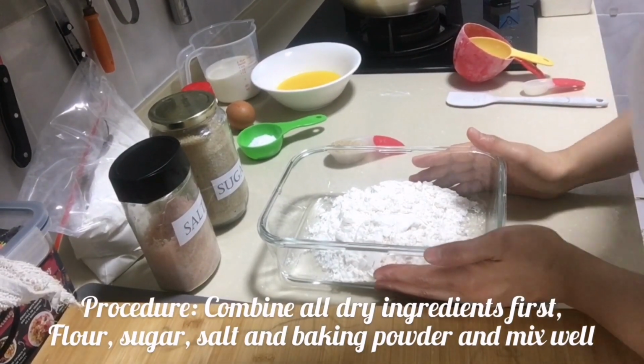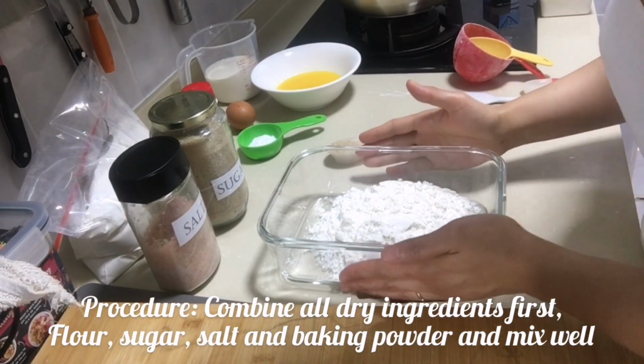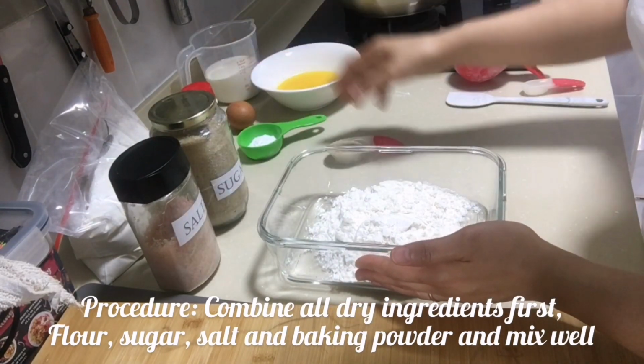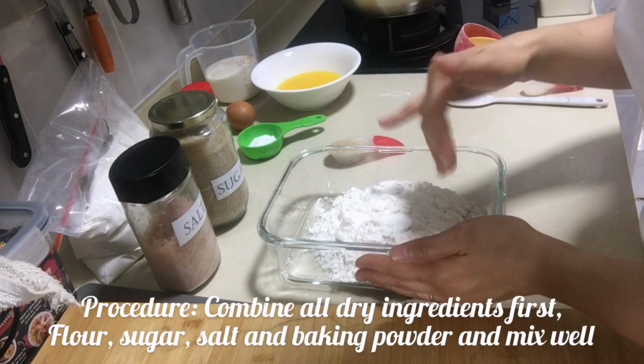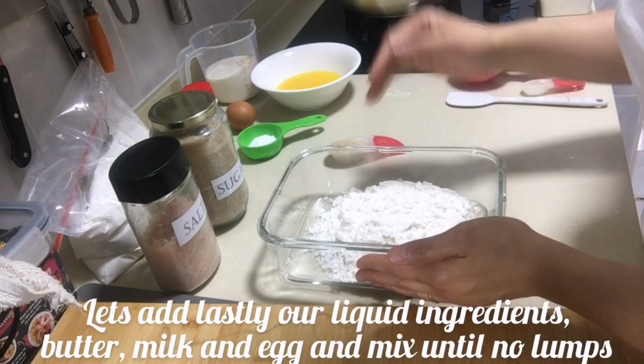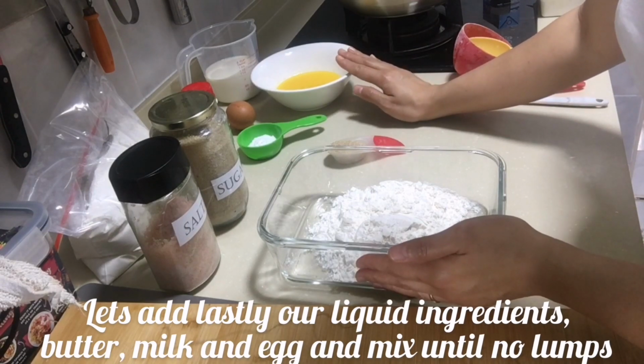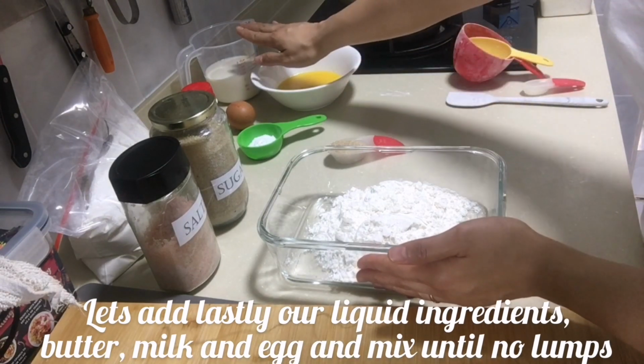For the procedure, let's combine our dry ingredients first. Our flour, salt, sugar, baking powder, combine everything, mix it well, and then later on let's add up our liquid ingredients. Butter, milk, and